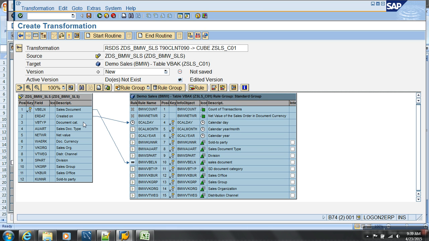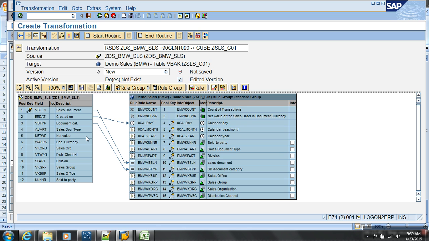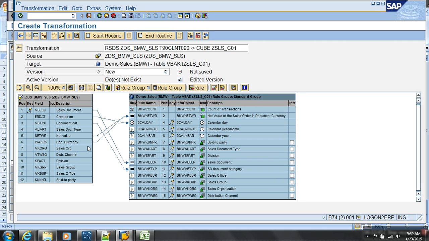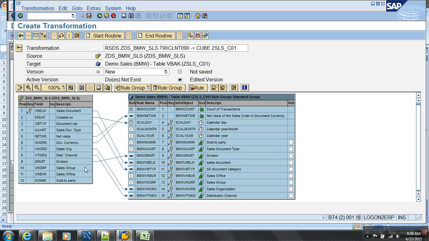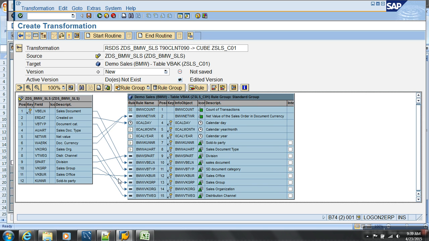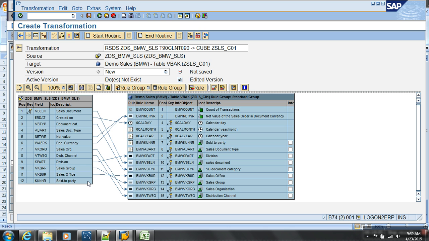Document category has to go to document category. Net value has to go to net value. Then sales org has to go to what? Sales organization. Distribution channel to distribution channel. Division to division. Sales group to sales group. Sales office to sales office. Sold to party to what?